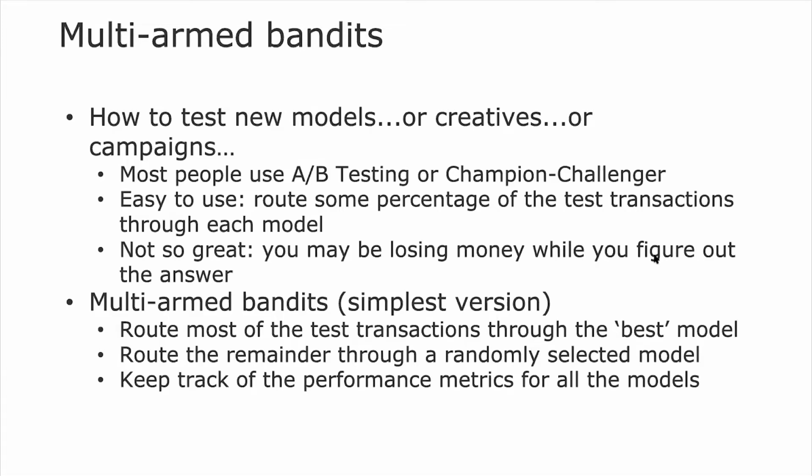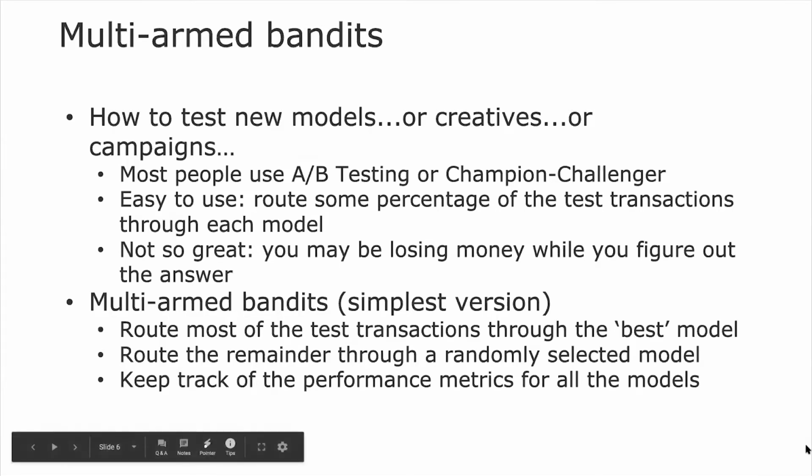So there's another approach, which is pretty well known, but I think it deserves to be better known. That's kind of the theme of our Dr. Data Science sessions, of course, is things that we should know that are often common practice, but perhaps not as well known as they should be, is the notion of multi-armed bandits, related to, if you've got a bunch of slot machines in Vegas, which arm do you pull to maximize your profit? Spoiler alert, they're all the same and you will lose money. Anyway, so the idea with models, and again, this applies to creative. In fact, I think it typically does apply to creatives,